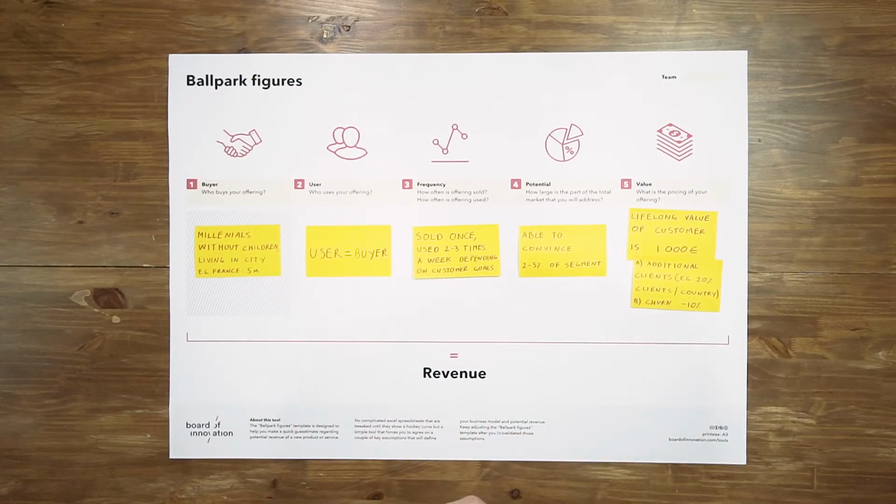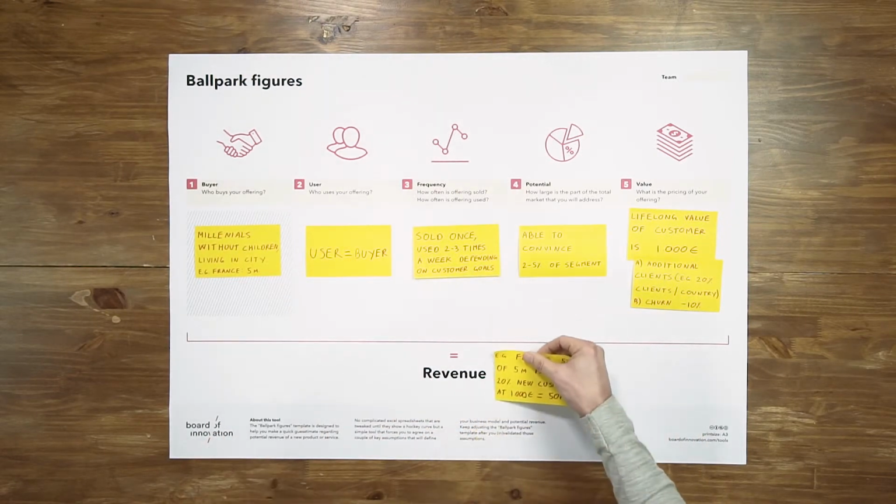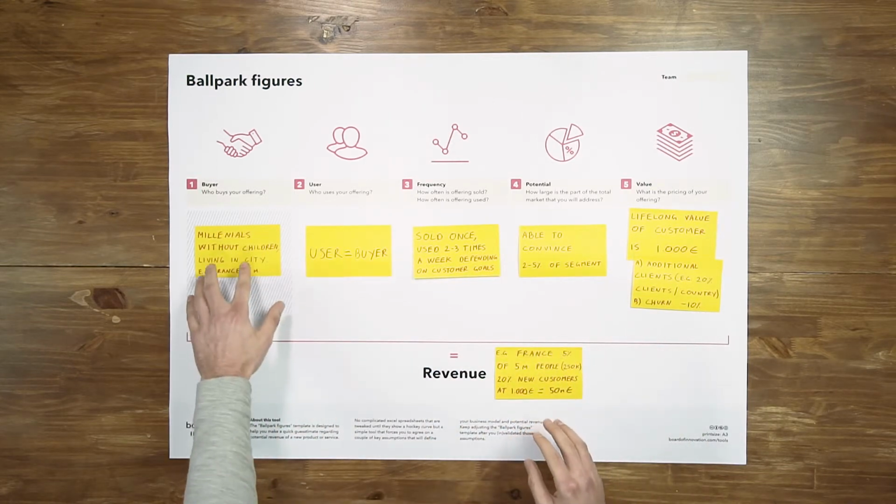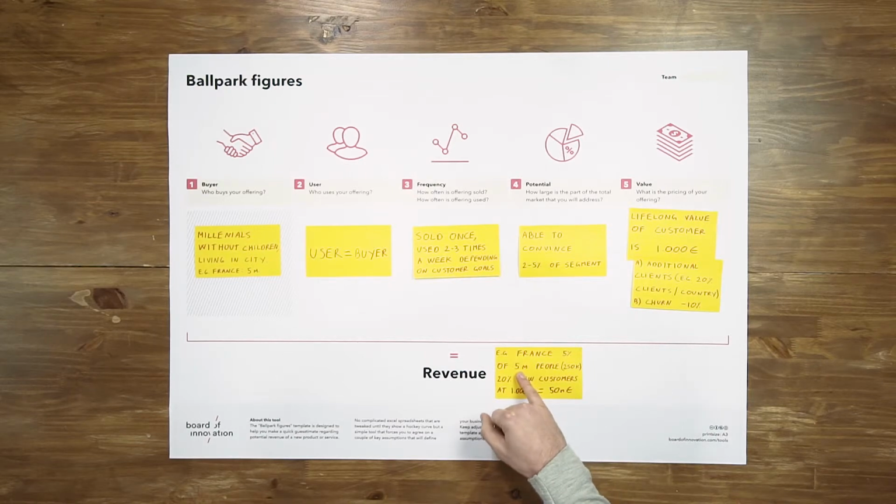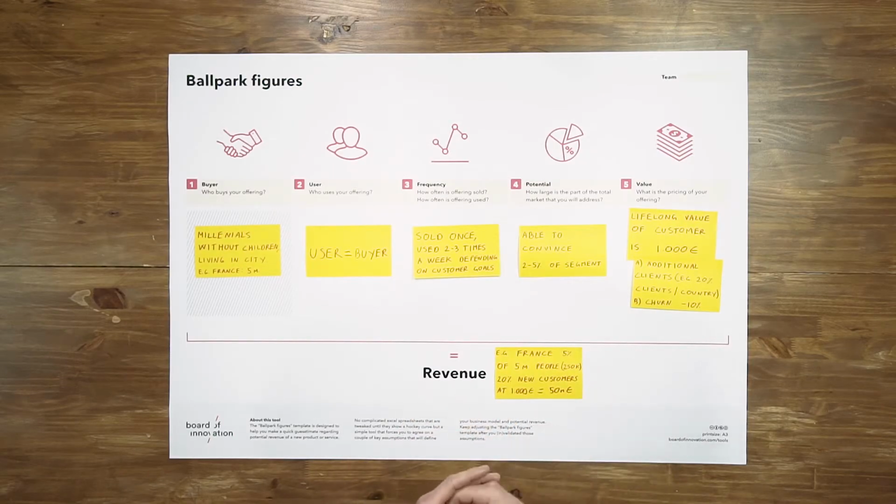If you combine all different elements, you will see how everything will be translated in a first guesstimate on the revenue stream. So let's show you how that could work. Just to illustrate, let's focus on France for a moment, where we have about 5 million people as a bigger target group. We assume that we can convince 5% of that target market to sign up over time. So that would be 250,000 people. We also said that within that group, 20% of them will be totally new clients for this financial institution. And we know that for every new client, we have a lifetime value of around €1,000. So by combining all those different numbers, it gives you a first indication of 50 million euro that can be gained over time.